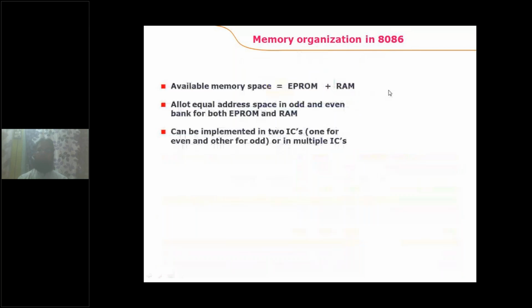Now, whenever we are going for accessing with the 8086 microprocessor, we can think of both types of memory. Actually, there are two types of memory. One is RAM, another one is ROM. So RAM and ROM both can be connected with the 8086 processor. But what will be the occupation, means in what way do the RAM and ROM occupy the entire memory space? This is what we need to remember: which kind of address space the ROM should occupy and which kind of address space the RAM should occupy. We have to know that.